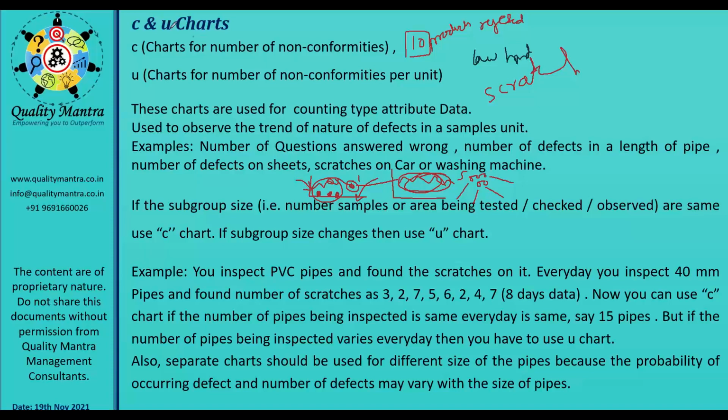Then why do we need to have the NP and P chart? Just to ensure what actions you are taking. If you are saying that yes, we are taking the action on the defects, on the cause of the defects, it means the trend chart of NP and P chart should go down. You should have a minimum number of defectives, and this is how you will come to know whether the actions that you have decided, implemented and taken are giving the right results